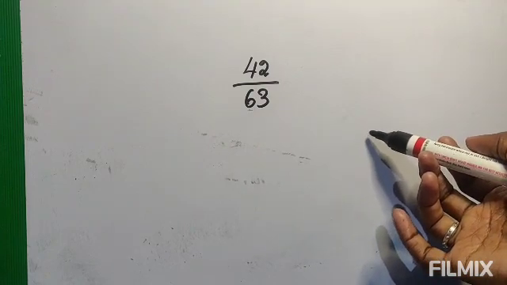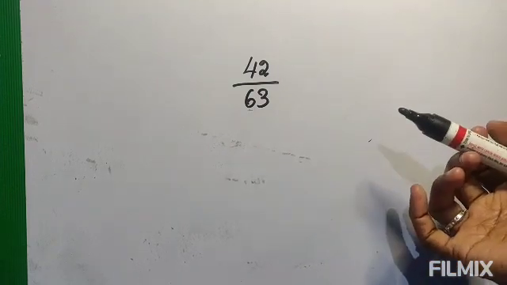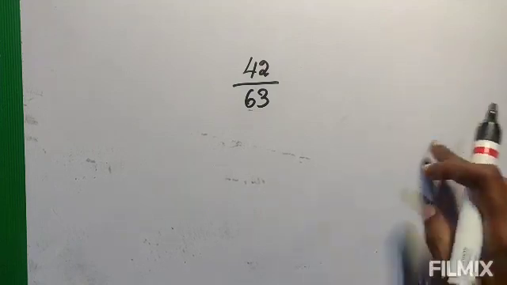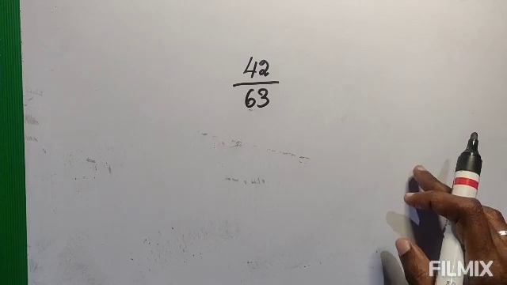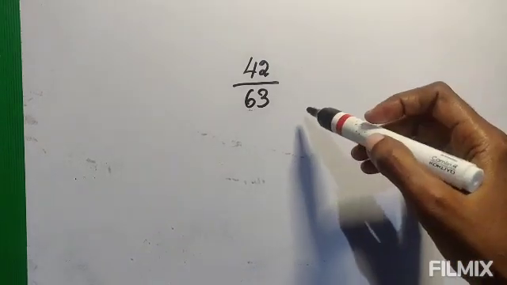You may find it difficult to find which number can divide, so that way you can miss any factor. If you miss any factor, then you cannot find the common factors. Okay, so the division method you can find it.